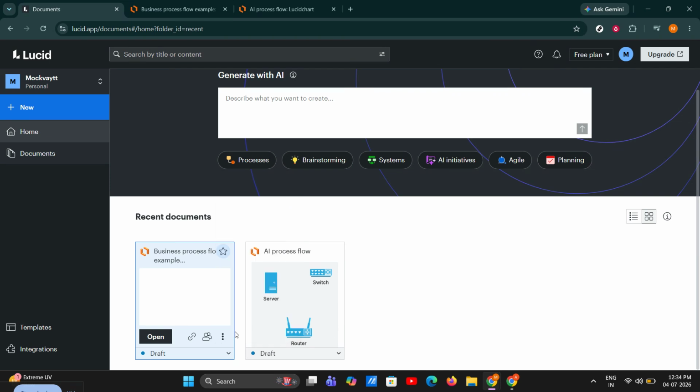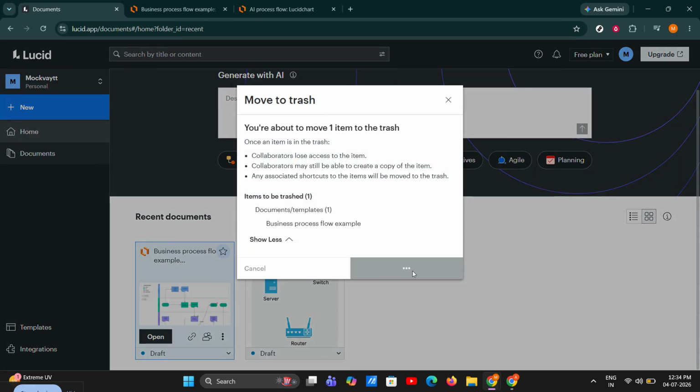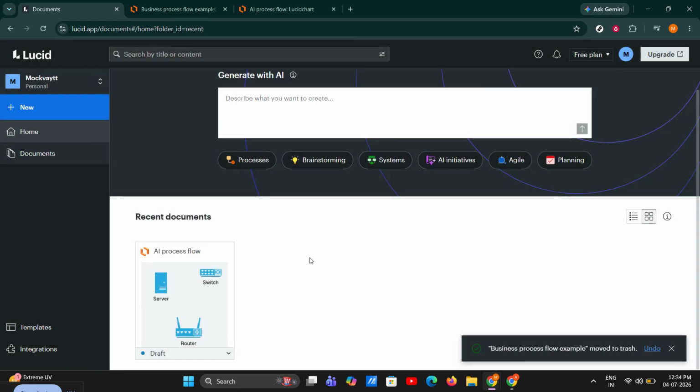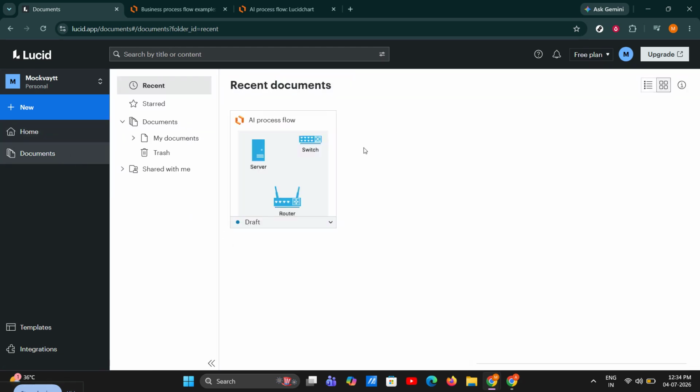This doesn't always mean the file is gone forever right away, but it does remove it from your main document list and sends it to the trash area. This is a great safety feature because it gives you a chance to recover a file if you deleted the wrong one by mistake. If you want to permanently delete the document, go to the Trash folder in the left-hand